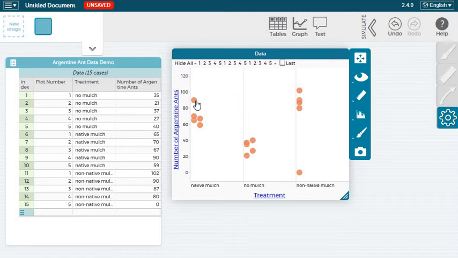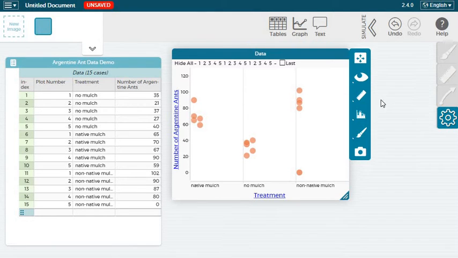There we go. Now each of these dots is one of these data points, and they're sorted into their different mulch treatments. So what we want to look for here is overall, are any of these higher or lower than the others? Does the non-native mulch, no mulch, or native mulch have more ant abundance in it? So there is definitely some variation here, but one thing we can do in Sage Modeler that's really nice is